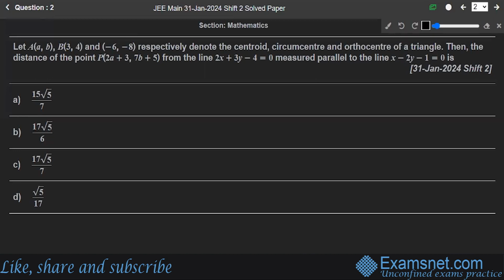Question number 2: let A, B, and C respectively denote the centroid, circumcenter, and orthocenter of the triangle, and the distance of the point P from this line, measured along this line, is equal to. So you have 3 points in the question. First is point A, which is your centroid, and then you have the point B, which is 3, 4, that is your circumcenter. And then you have the point C, which is minus 6, minus 8, which is your